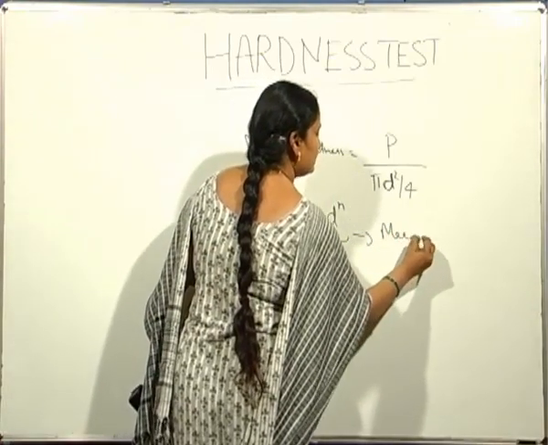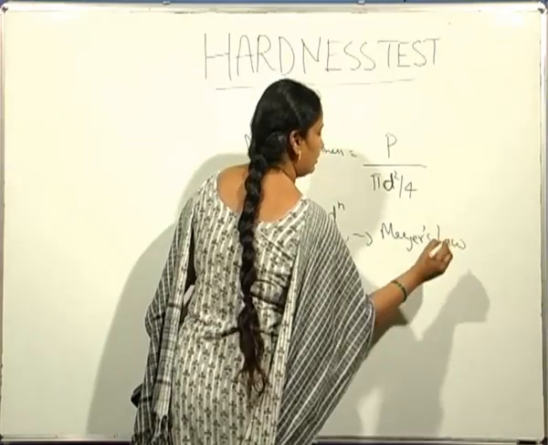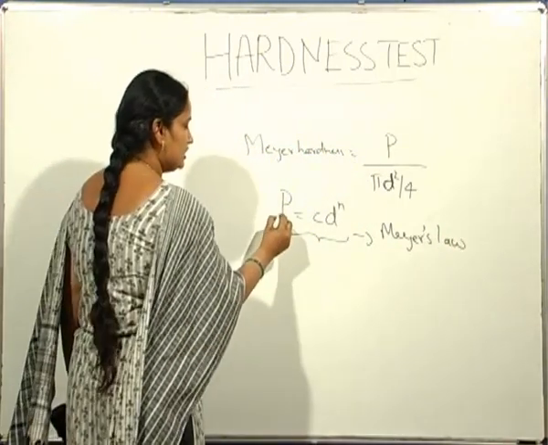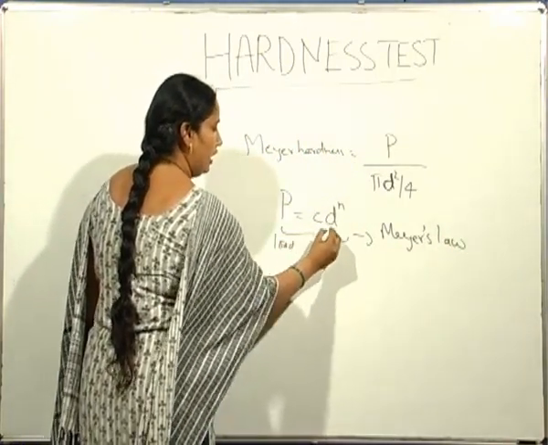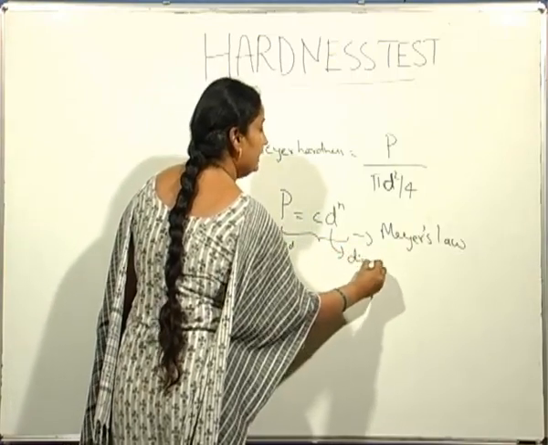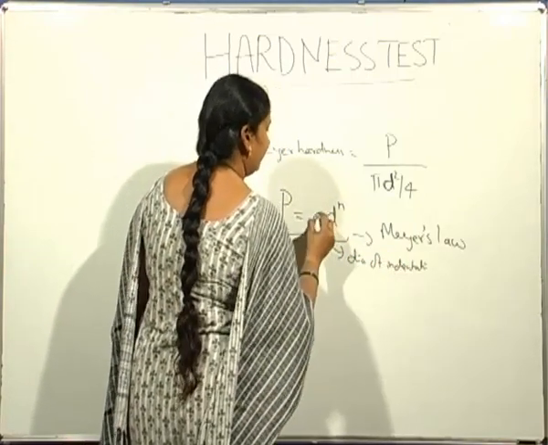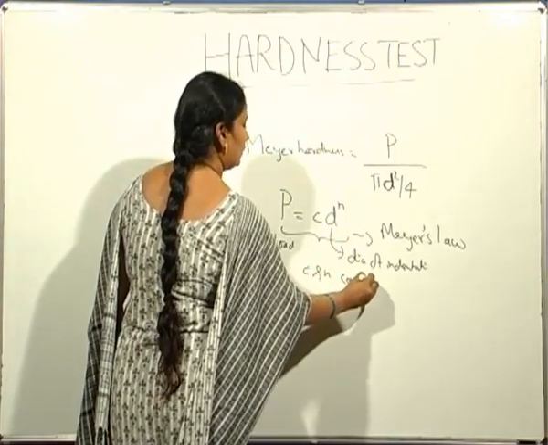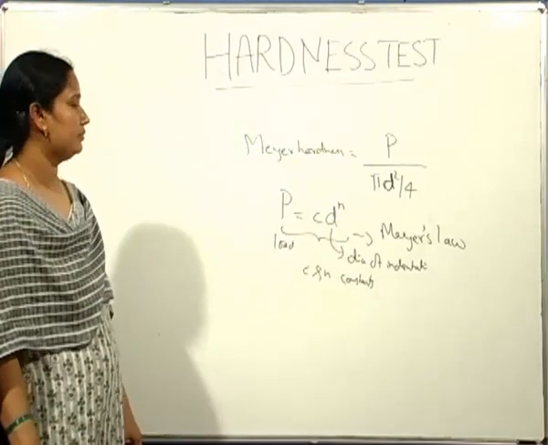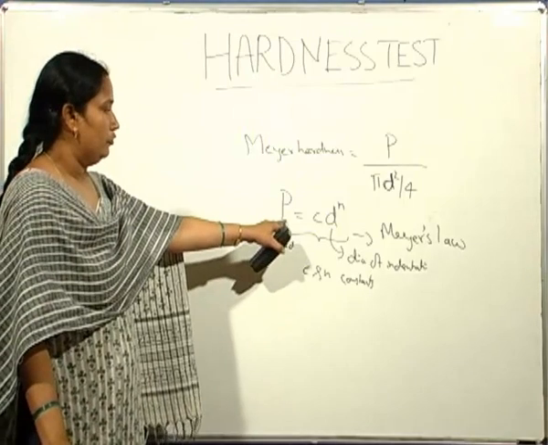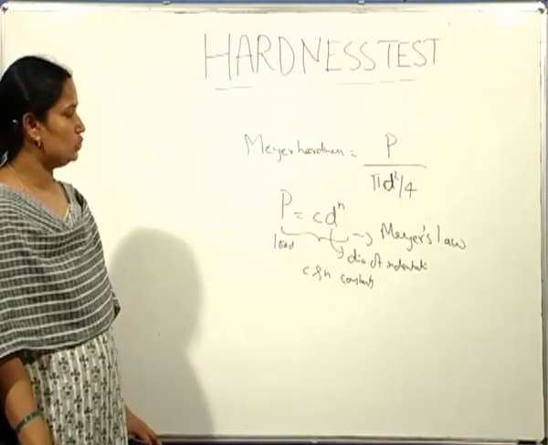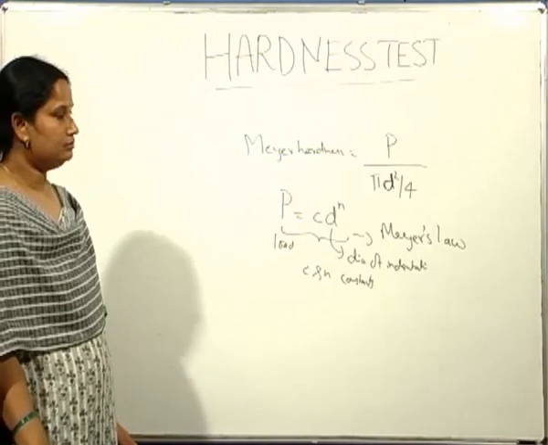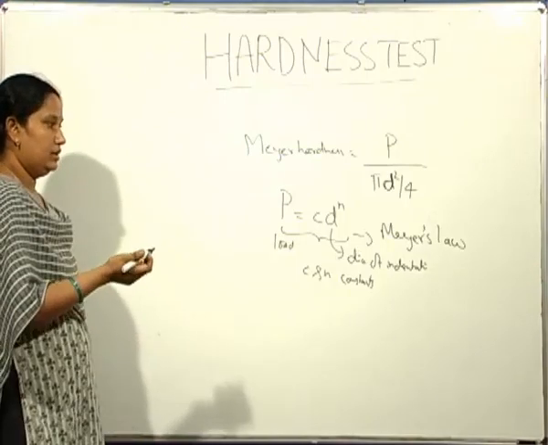This is known as Meyer's law, which shows the relationship between load and diameter of indentation, where C and n are constants. They are the constants for a material. P is C into d to the power of n. So according to Meyer,